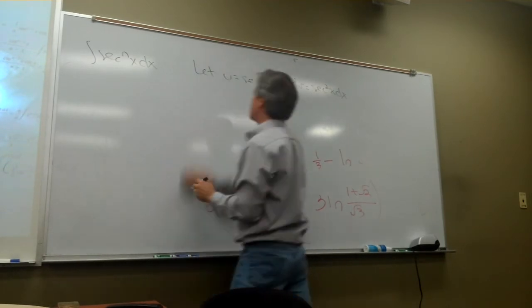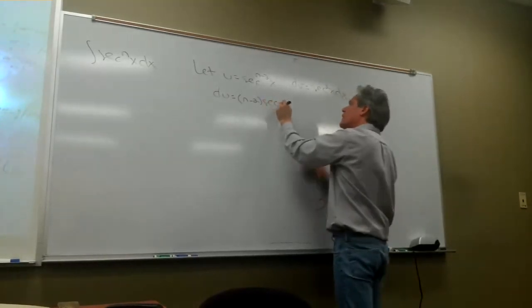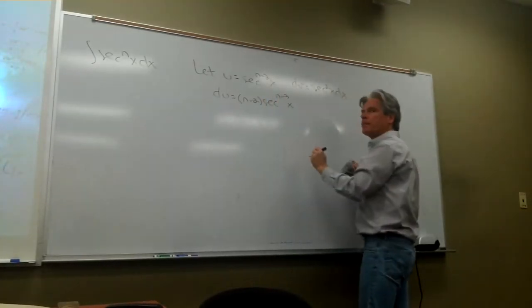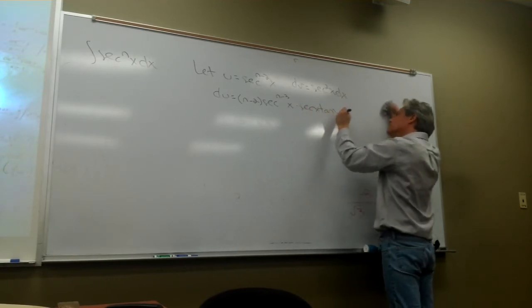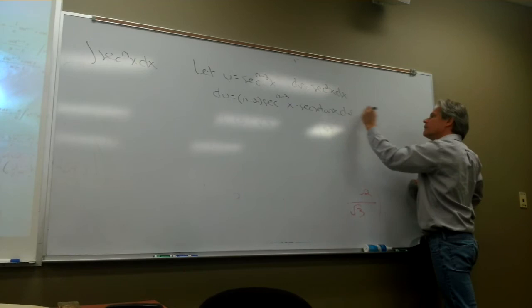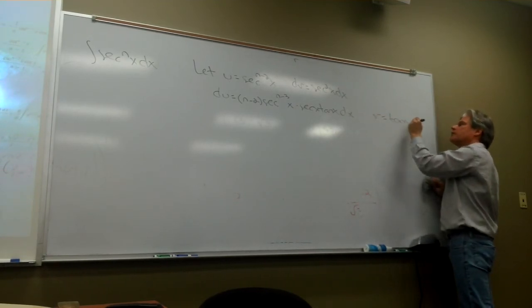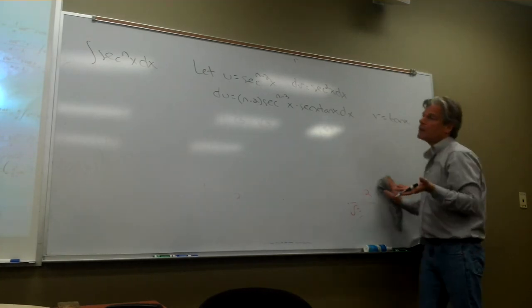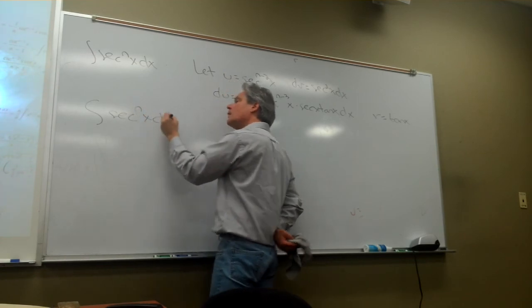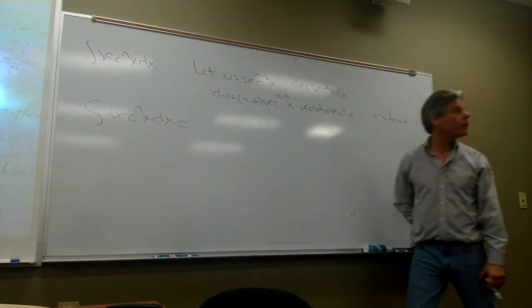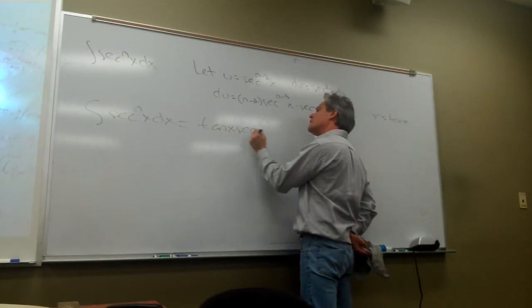I guess that necessarily implies that du is going to be equal to n minus 2 times the secant of x raised to 1 less power, times the derivative of secant of x, which is secant of x tangent of x. And I suppose that means v is going to be just a single factor of the tangent of x. Now, in applying my integration by parts formula, that suggests that this original integral can be expressed as a product of my u and my v, which in this case is simply tangent of x times the secant of x raised to the n